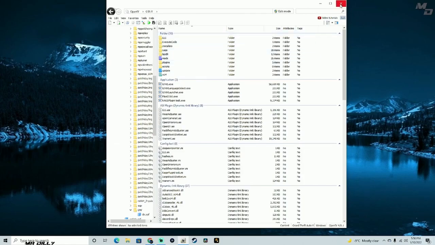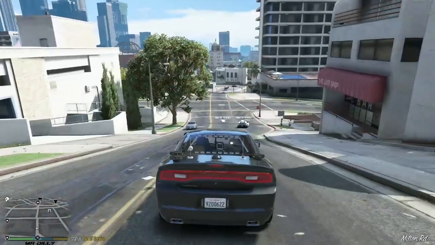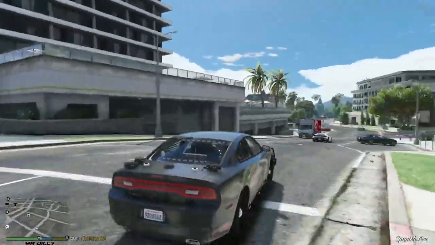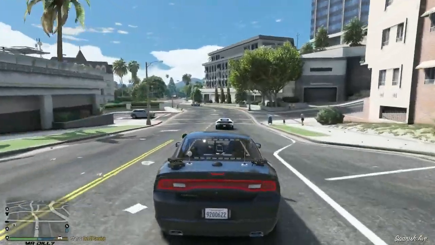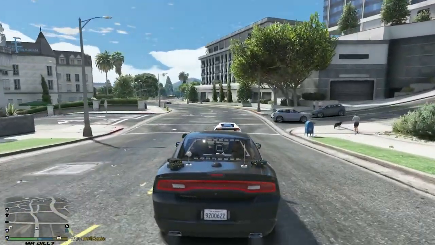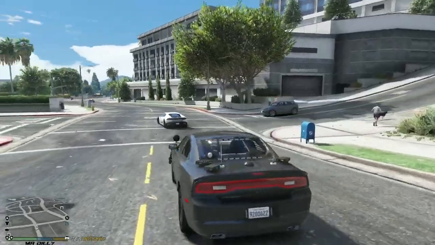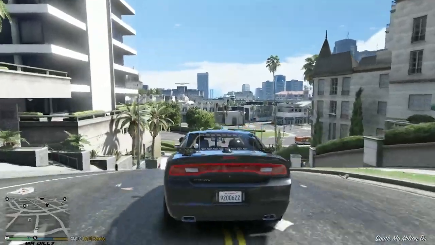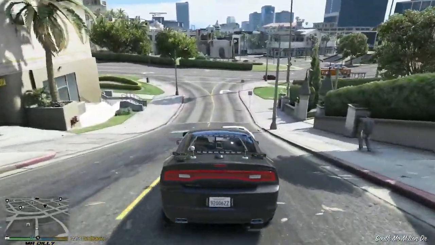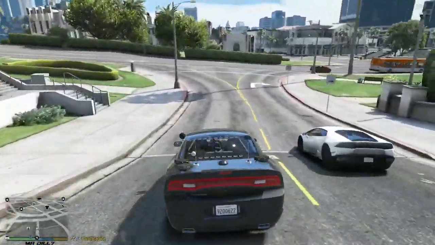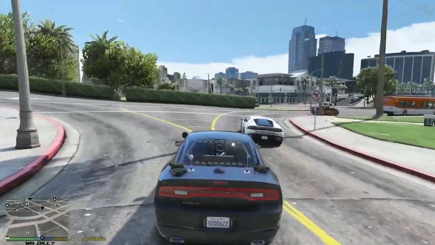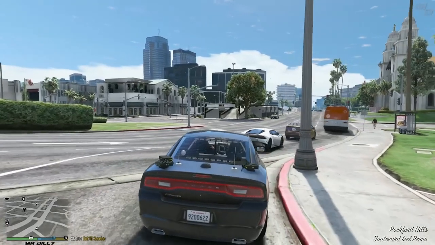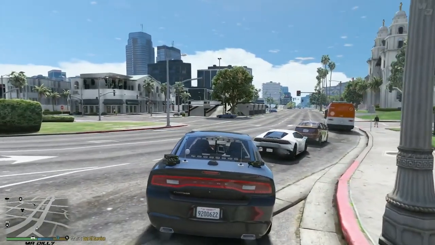All right, let me go ahead and do this here real quick. Alrighty guys, now that we are in game, as you can see, the vehicle that I'm following right now is one of the 3 that we just installed. All right, so you can see that the method works. So I encourage you to give it a little bit of time, and you're gonna find the other vehicles starting to spawn a little bit more. All right, it's not gonna spawn all the vehicles at once. Some are gonna spawn, some are not gonna spawn at a given time,